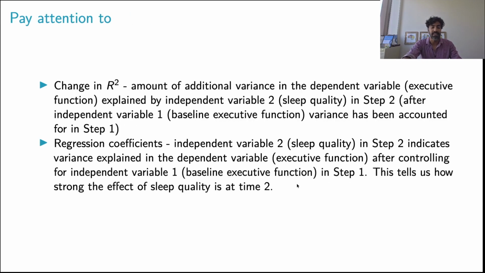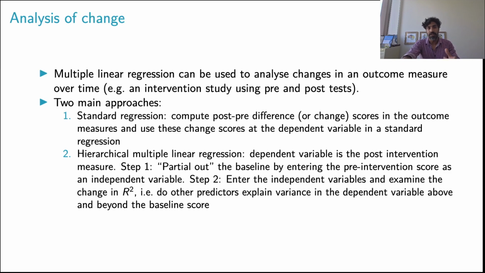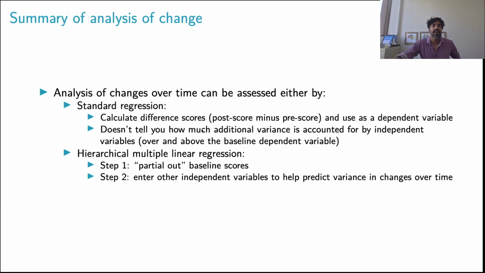So that's really the key ways in analyzing change. Those are the two key ways. One is computing post minus pre differences of the outcome measure. The other one is just using the post as the outcome measure and then using the pre as an independent variable. So yeah, analysis of changes over time can be assessed by standard regression, where you calculate the difference in scores, post scores minus pre-scores, as the dependent variable,